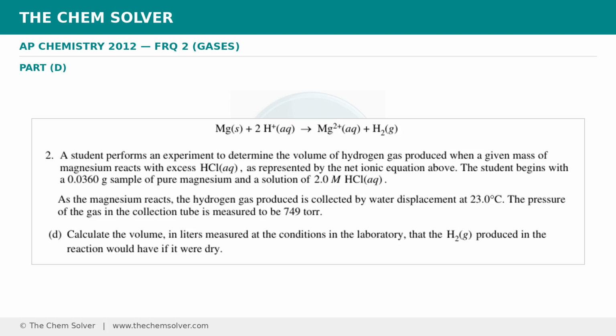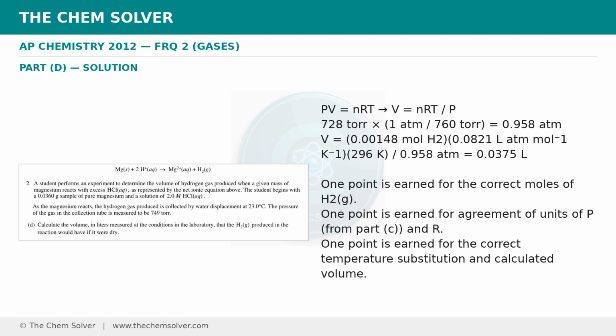Calculate the volume, in liters measured at the conditions in the laboratory, that the H2 produced in the reaction would have if it were dry. PV equals nRT gives V equals nRT / P. 728 torr times 1 atmosphere / 760 torr equals 0.958 atmospheres. V equals